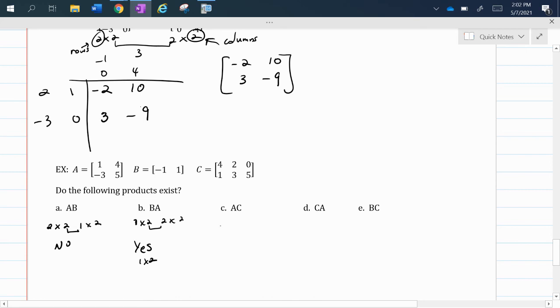And then A times C, A is a 2 by 2, and C is a 2 by 3. So the product does exist, yes, and the product would be a 2 by 3. C times A, so C is 2 by 3, A is a 2 by 2. So the columns in the first is not equal to the rows in the second, so we're going to say no, the product does not exist. And then lastly, matrix B is a 1 by 2, matrix C is a 2 by 3. So the product does exist, and the product would be a 1 by